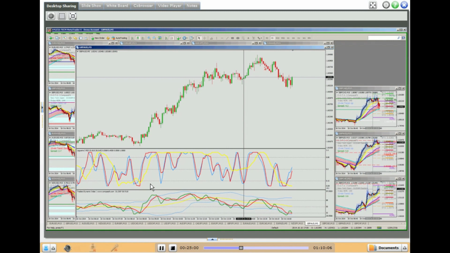Like I say, if I do a scalp trade, I'm only going to trade 1.5 to 3 candles. Once I've done that, I'm out of the trade. I go back to a 15-minute right here,